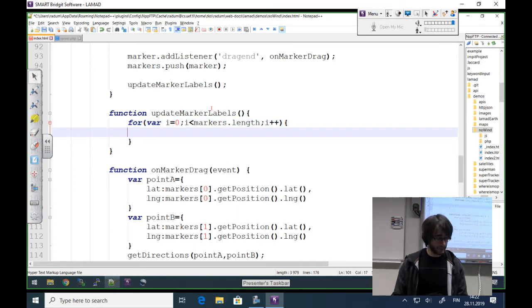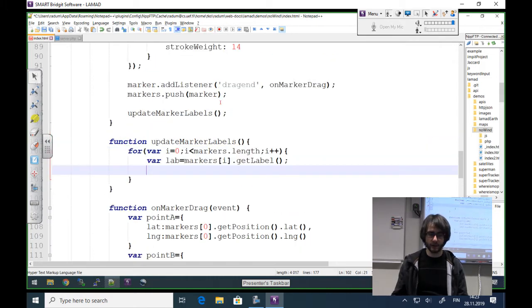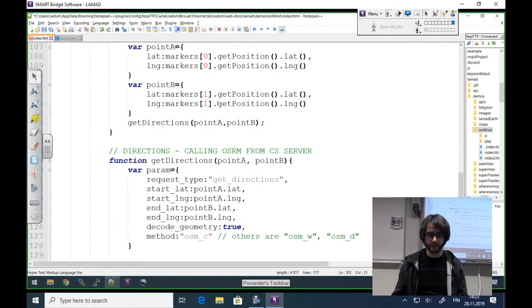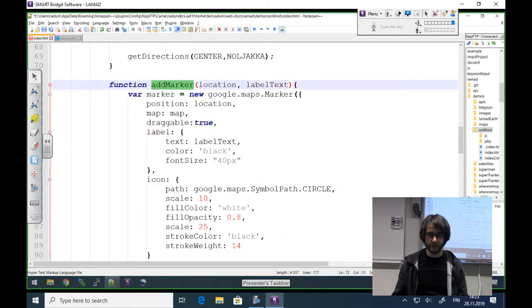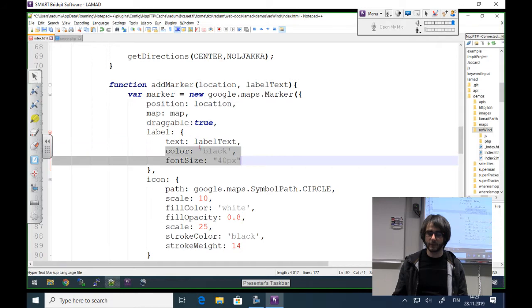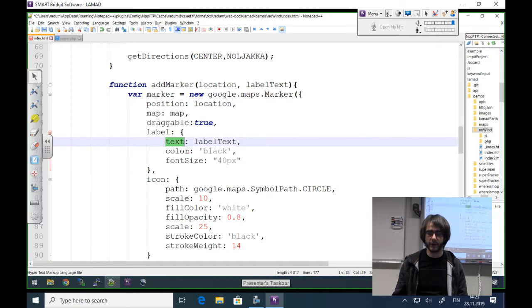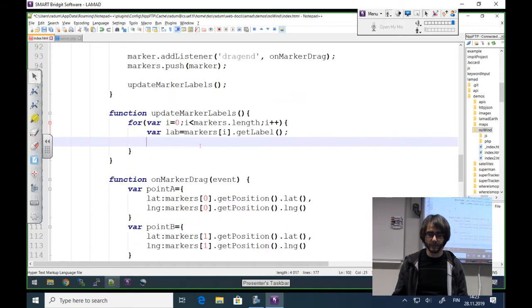And update the labels. So how I'm going to do that, first I'm going to get the label. I think it was like that. And then if you look here in my add marker function, the label has different properties like the text, the color, the font size. Now when I get the label, I already inherit these properties. So I only have to modify the text value